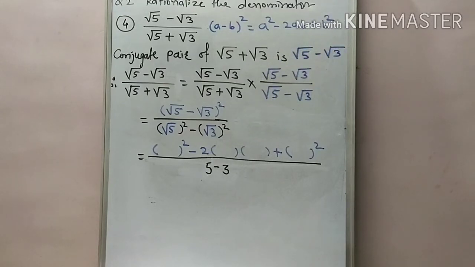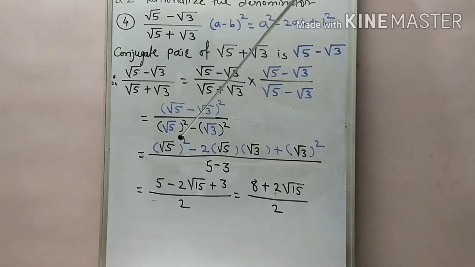Okay students, like this. And now we expand this square of root 5 as 5 minus, here we do the product of the radicands, 2 as it is a rational number, into root 5 times 3, that is root 15, plus square of root 3 is 3, and in the denominator we get the subtraction as 2. And now here we do the addition of the rational numbers only. Okay, 5 plus this 3, answer is 8.